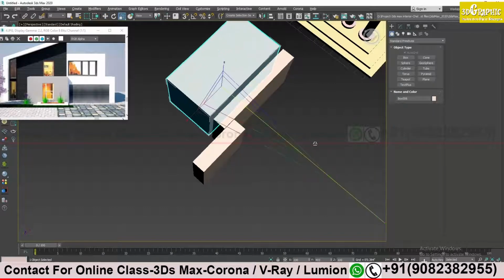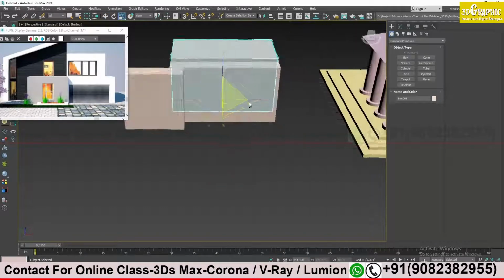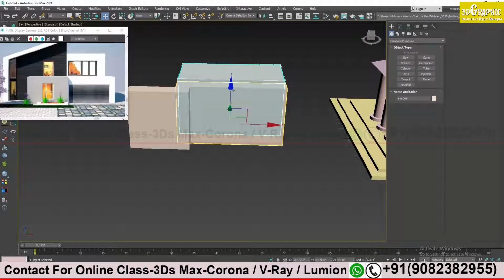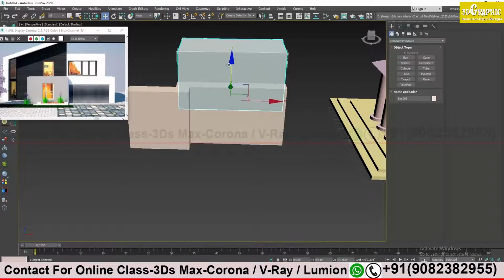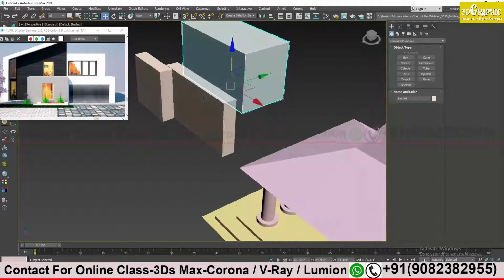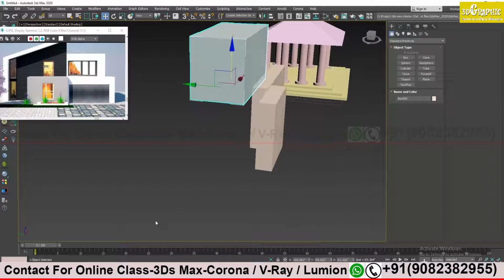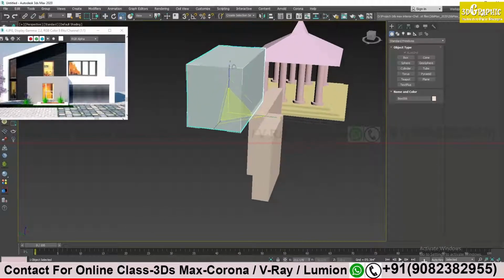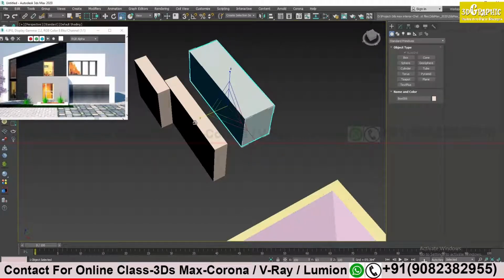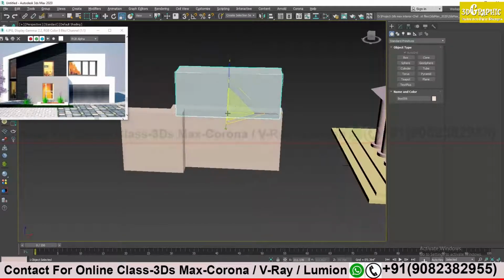scale to get the shape, and I have to move it up a bit to get the height. Okay, scale, just adjusting a bit as needed.